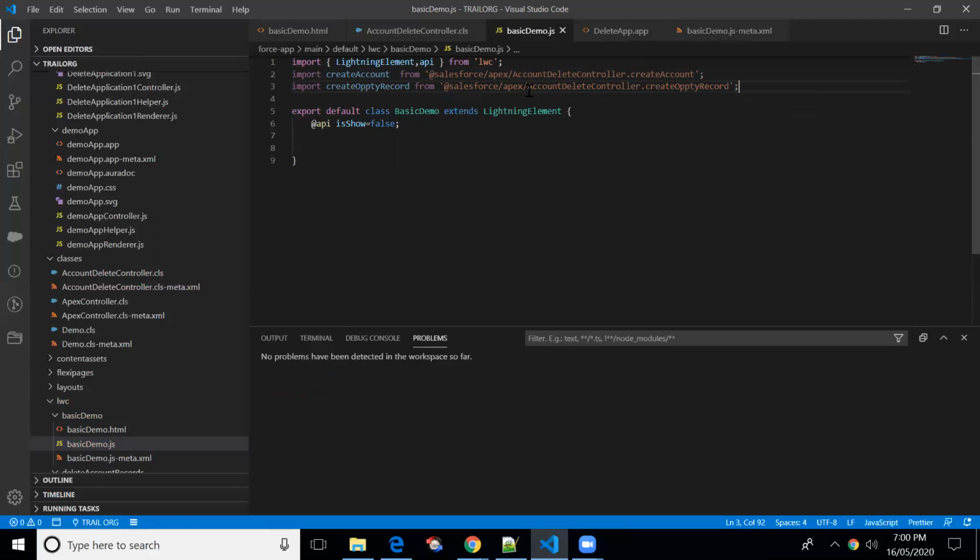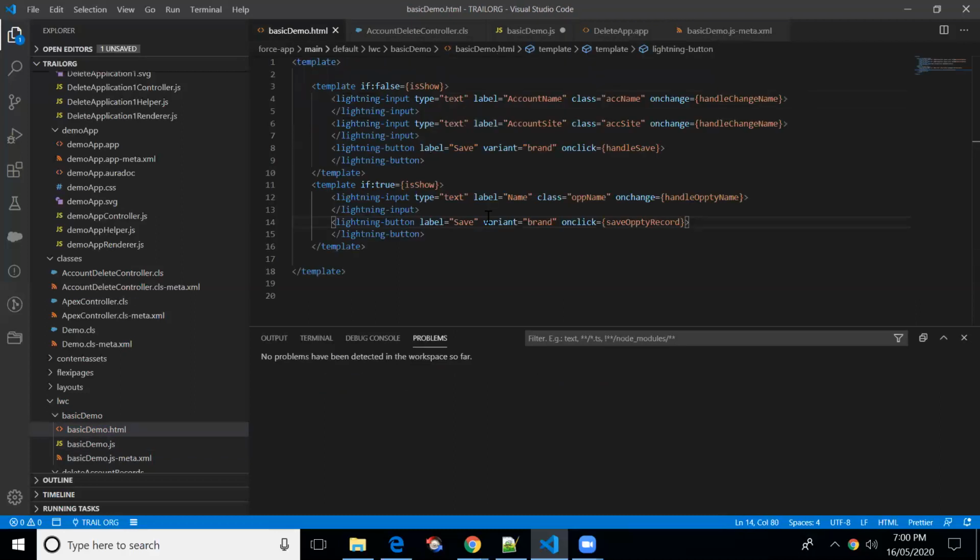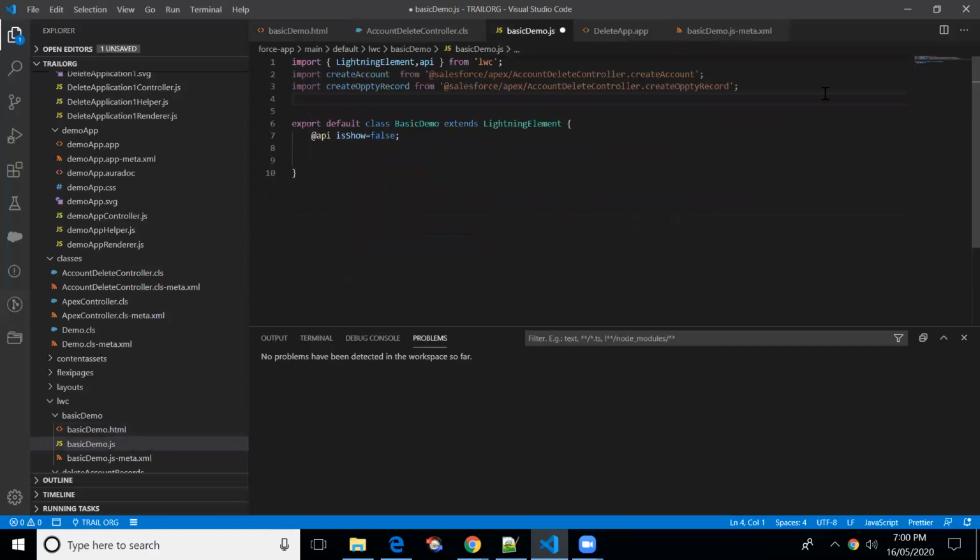We are using three input fields: for account, name and site, and for opportunity, we'll be using name. So I'm importing three input fields.